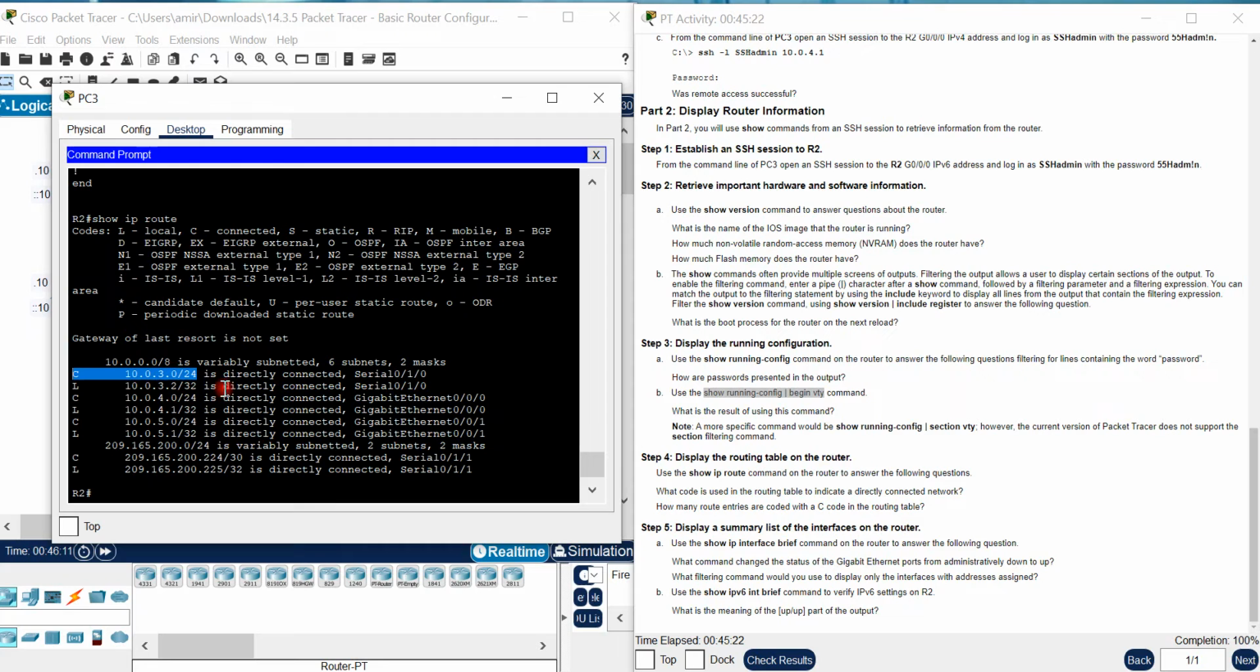You can see directly connected, and this is the interface that is connected to our router, the interface that has this router, and also this is the network address, and this is the IP address because it's /32 and it's L, which means local. It's the IP address that we get from serial 0/0/0 connected to serial 0/1/0. Yes, and you can see here